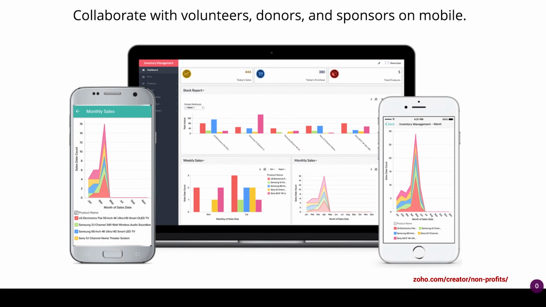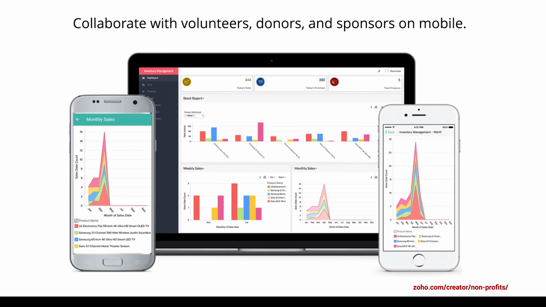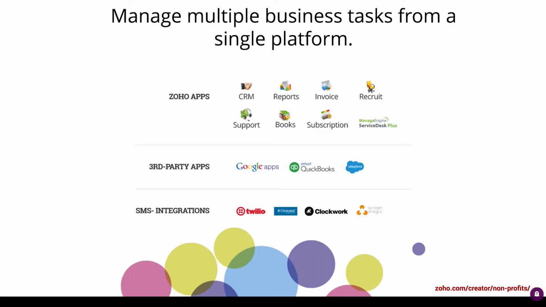So next we have our mobile feature, which is the most important feature of Zoho Creator. The cost of building a mobile app on Zoho Creator is absolutely zero. Yes, that's true. Build your application once on the web and it will automatically run on any device, be it an iOS phone or an Android phone. Also, your teams can use mobile specific features like barcoding, push notifications and simplify their day-to-day work. For example, you can use barcode scanning to check in attendees during your event and avoid long queues on the event day.